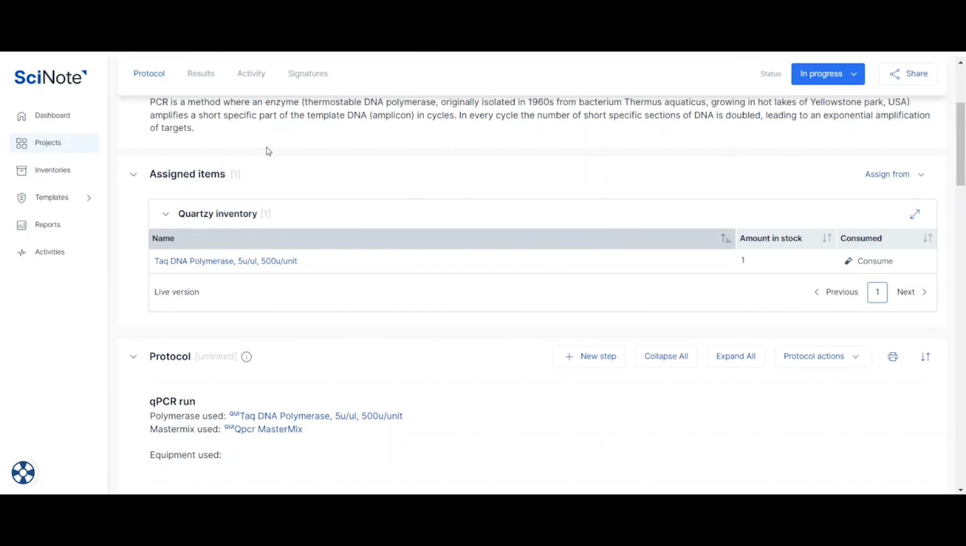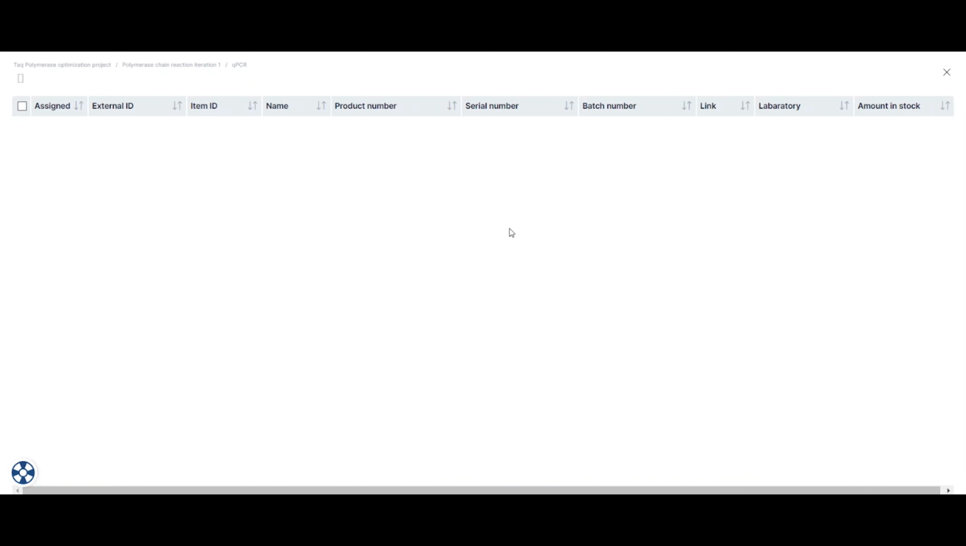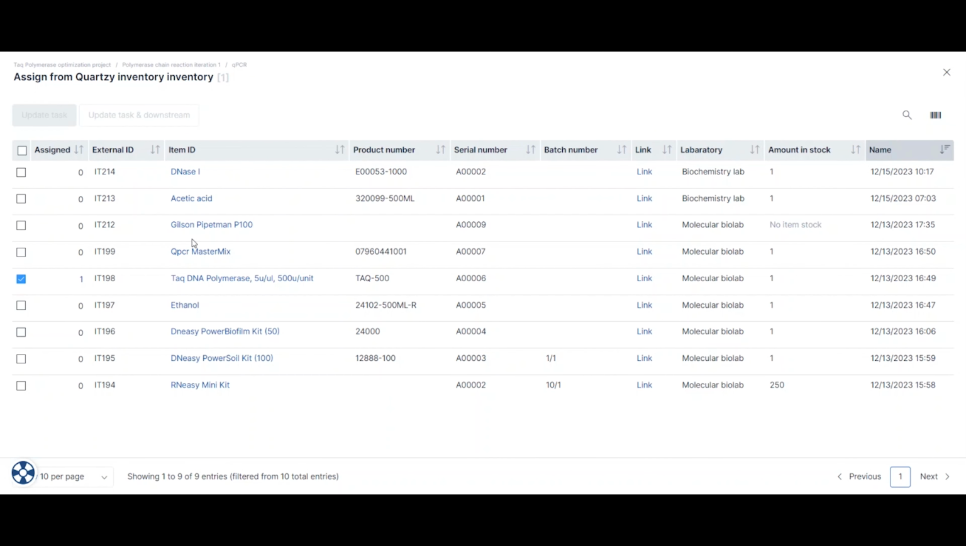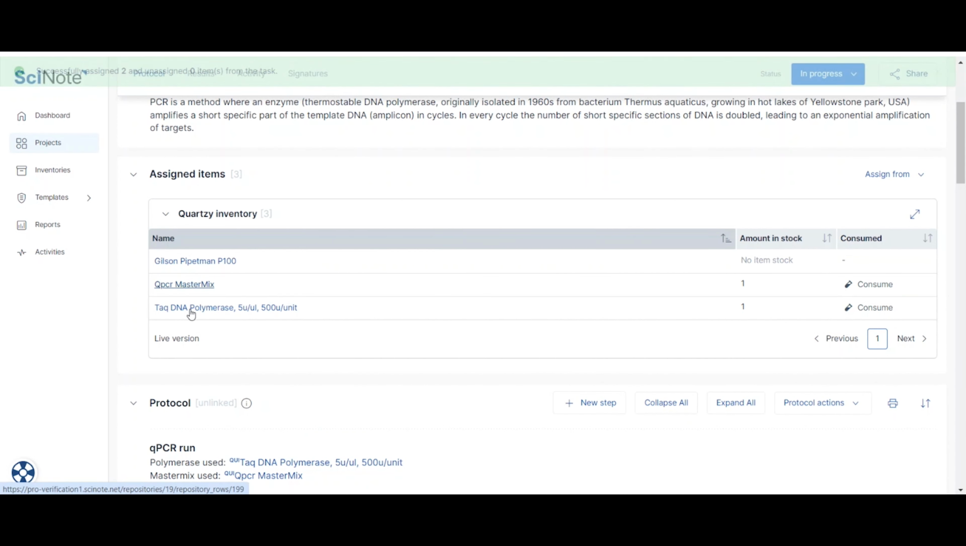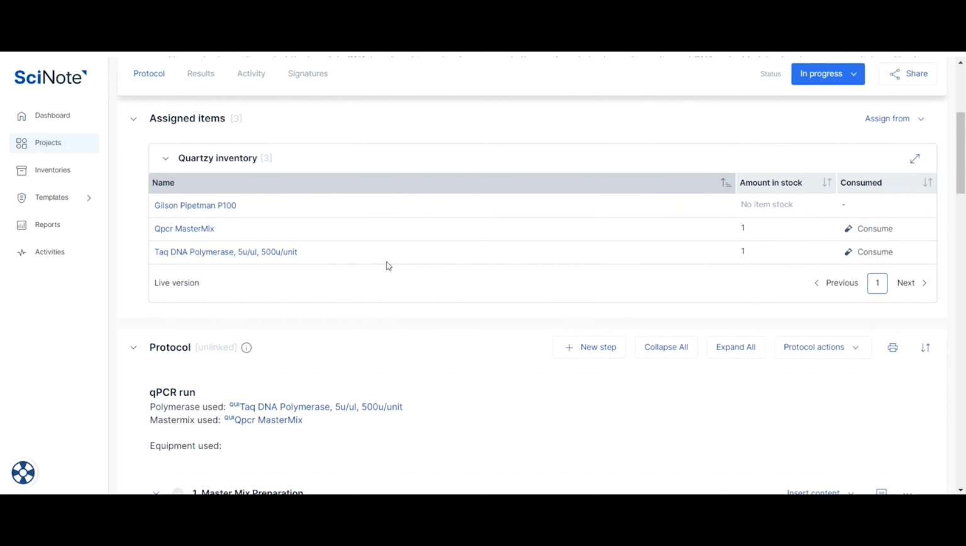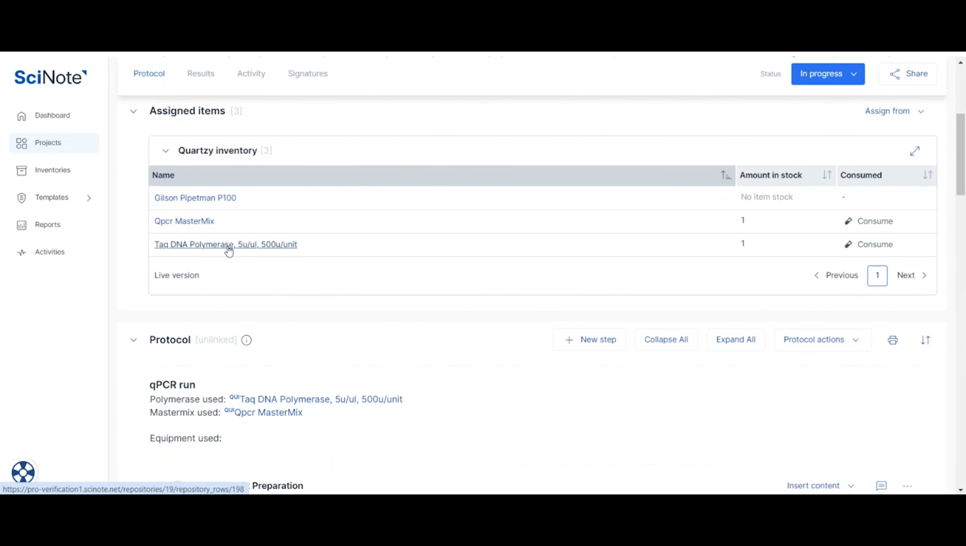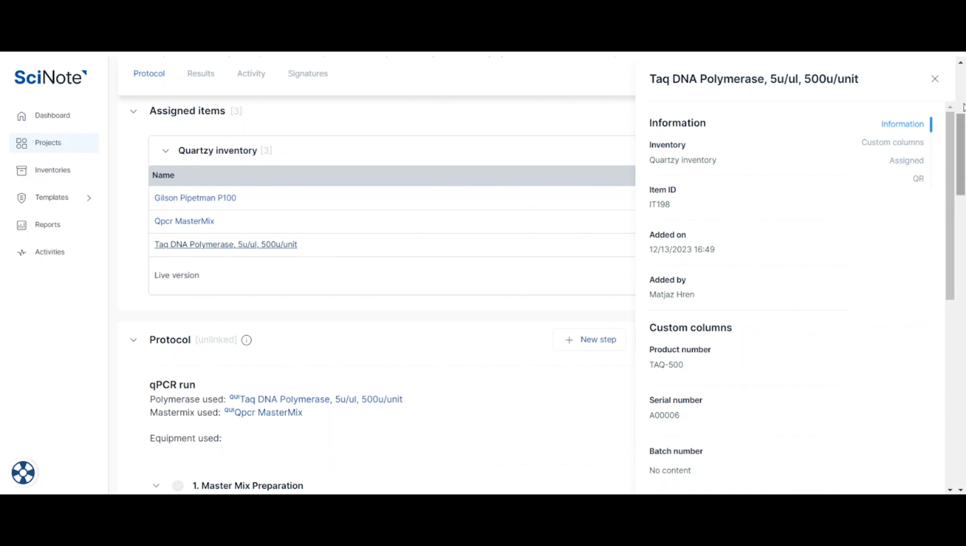Now that my Quartzy items are available through SciNote, I can also add them to my tasks. So in this assigned items section, I already have one item from Quartzy inventory linked, Taq DNA polymerase, and I would now like to add a couple of more that I'm using in my current task. So let's say that I would like to add a pipette and a qPCR master mix. After adding them, they appear as any other assigned items in SciNote. I can again access more information via